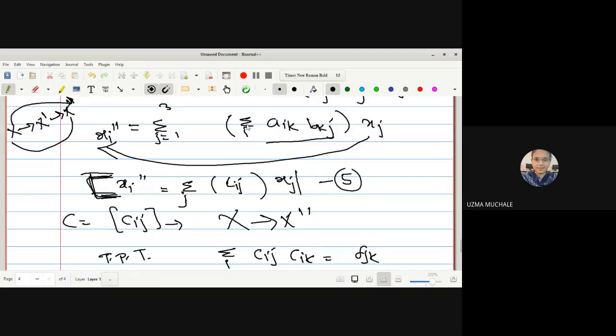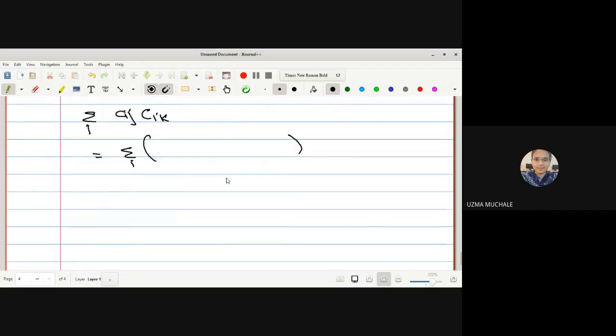What was Cij? We had substituted it like this after taking the product of the two. Let me write down this value of Cij here: summation over m, and I'm using another variable so that we can distinguish, Aim Bmj. A and B, the product of matrices A and B, is C. So Cij is Aim Bmj.